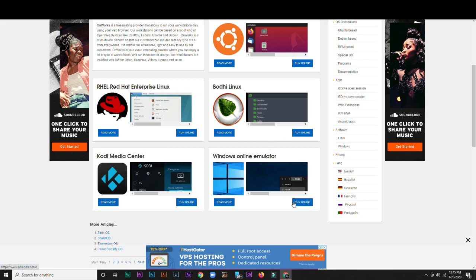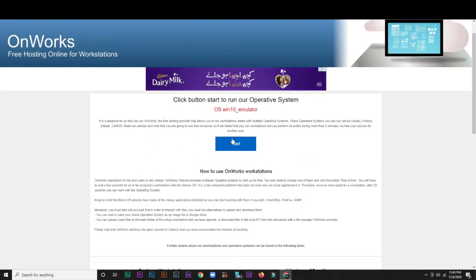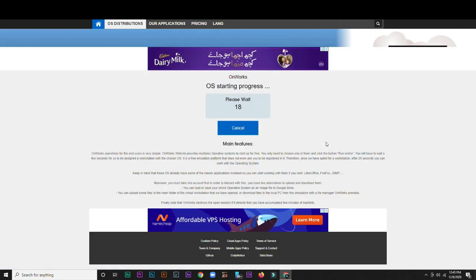You click on this run online and you click on the start button. Now you need to wait approximately 20 seconds as the VPS operating system is getting set up.